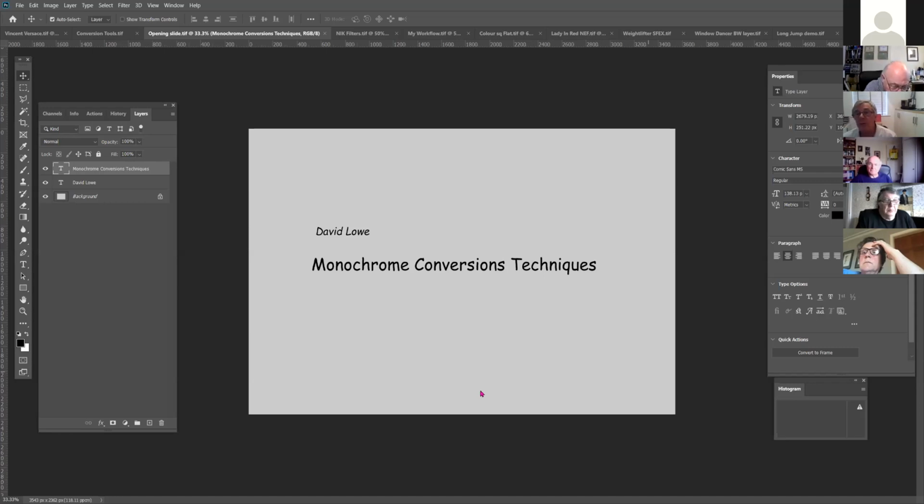Before you start working on an image, and I think this goes for colour as well as monochrome, it's a big help if you can visualise how you want the final image to look. If you know where you're trying to get to, it's easier to work out the process. I usually refer to it as, if you know where you're trying to get to, it's easier to draw the map. But if you have no idea what you want the final image to look like, then you're sort of staggering about a bit in the dark, and then with a bit of luck, you might end up with something you like. So I found this quote